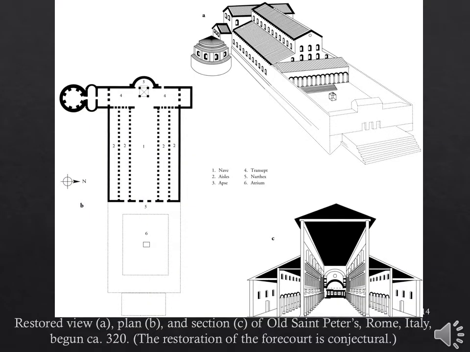And here's just a few more concept drawings of what the original St. Peter's might have looked like. That building was destroyed and rebuilt and renovated several times. St. Peter's is an extremely important place in Christianity. It is believed that St. Peter, the first Pope of Rome, St. Peter, who traveled with Jesus